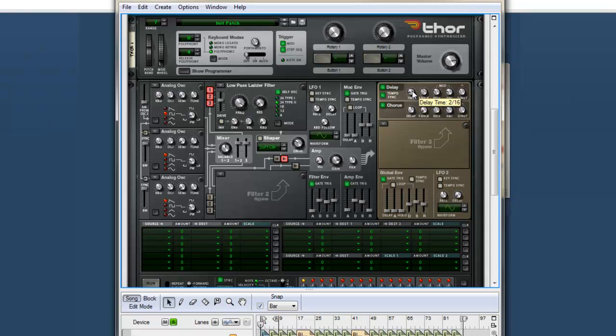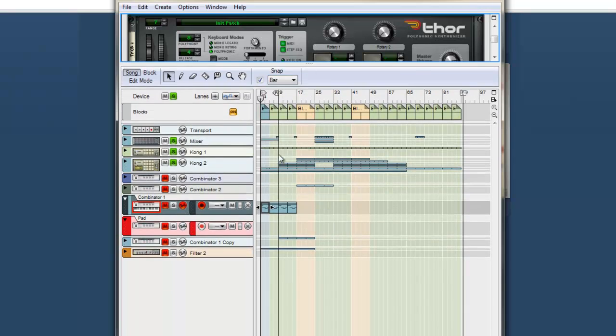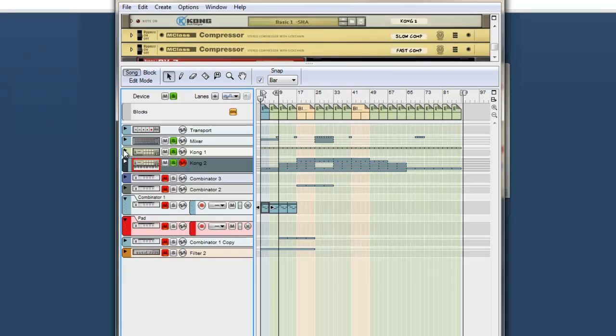Take that to 2/16 of a bar. So it's got a nice slightly reverb echo effect to it, but there's not too much there. We'll take the dry/wet down a little bit. Just about there, yeah. I also need to mention that I'll be using a pre-made drum track for this,